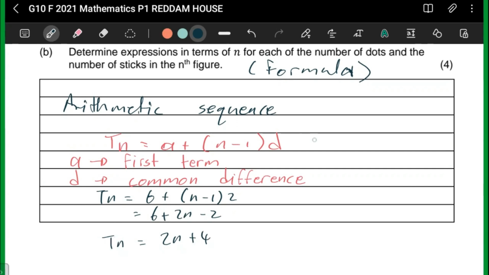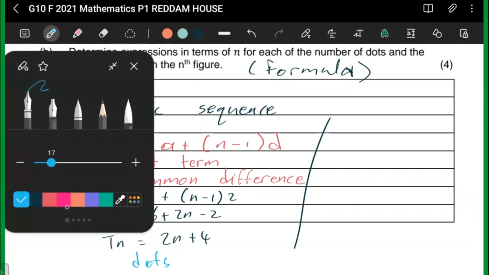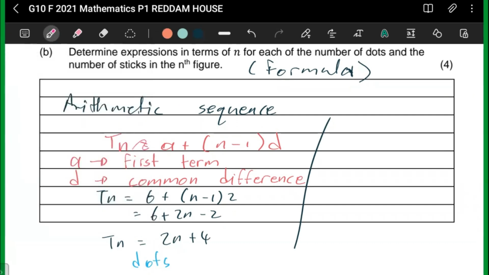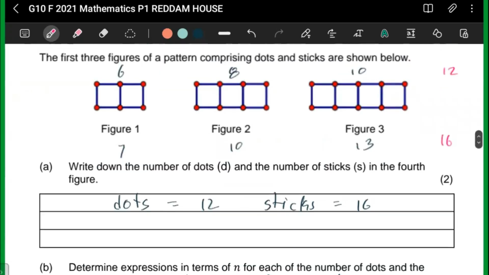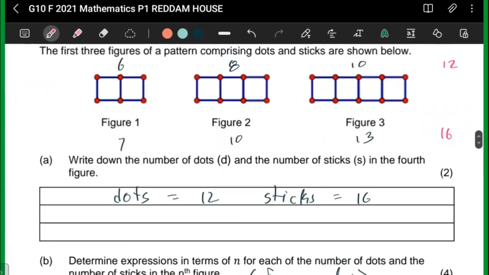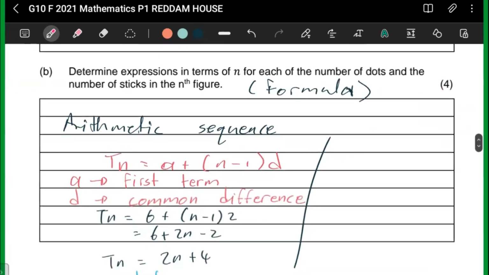There you go. And then let's do the other one now. That's for the dots. For the sticks, same idea, same template. But then your first term for the sticks is 7. Your difference is 3. So here,